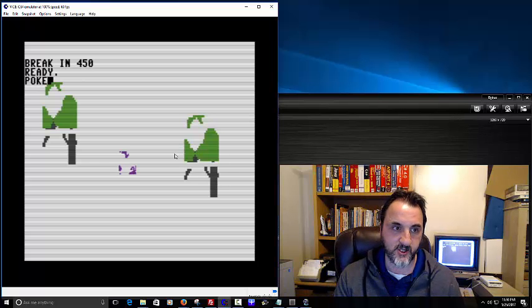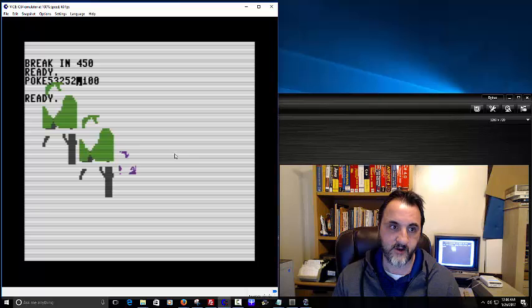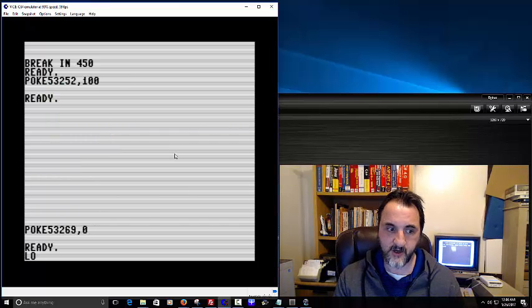These are just actually sprites, I'm pretty sure. Yeah, there's actually different parts of the sprites here. So if I move it around, you'll see it kind of shifting around on the screen here. Yep, those are just basically sprites on the screen. Anyways, let's get on to the next one here.